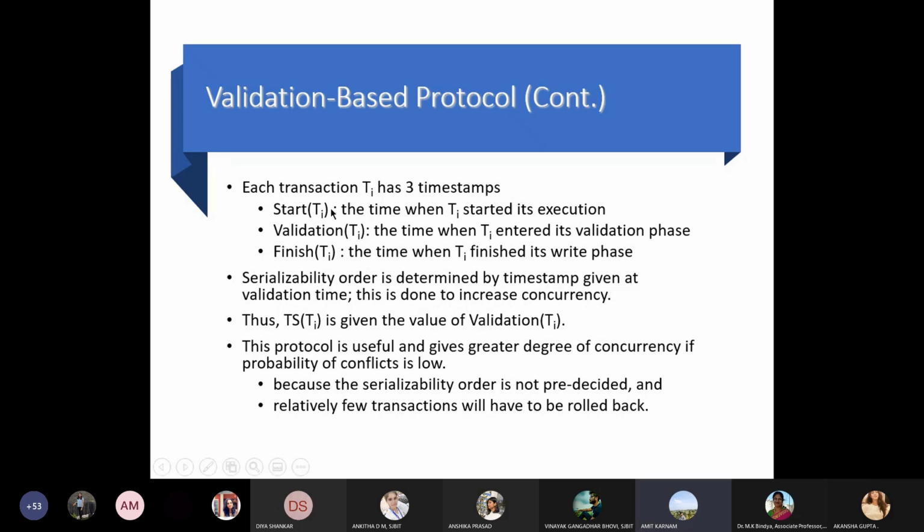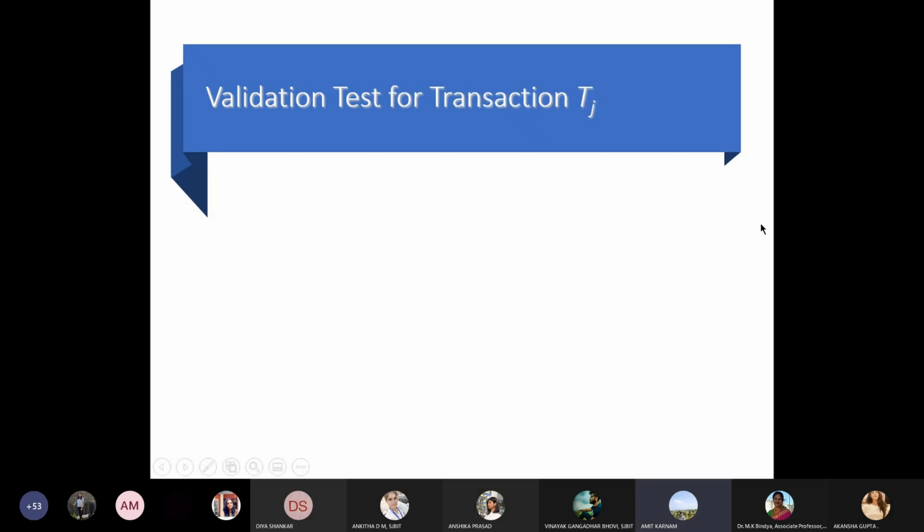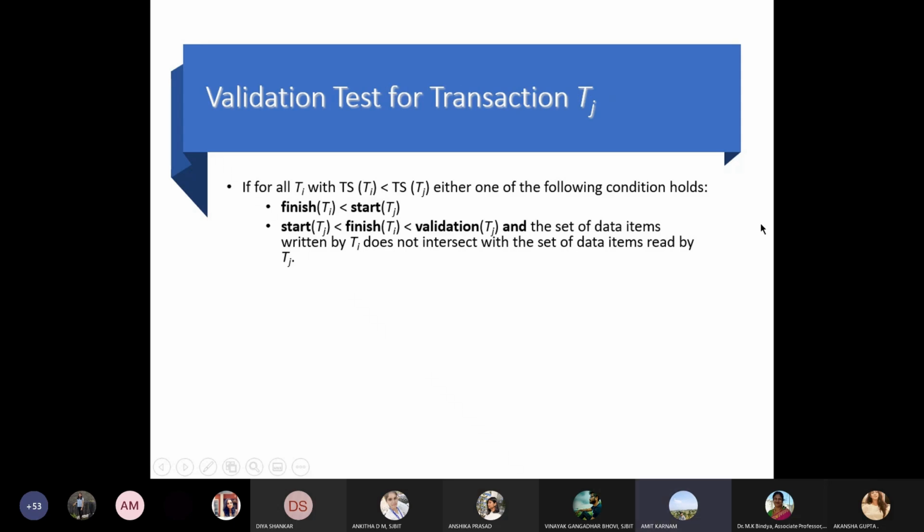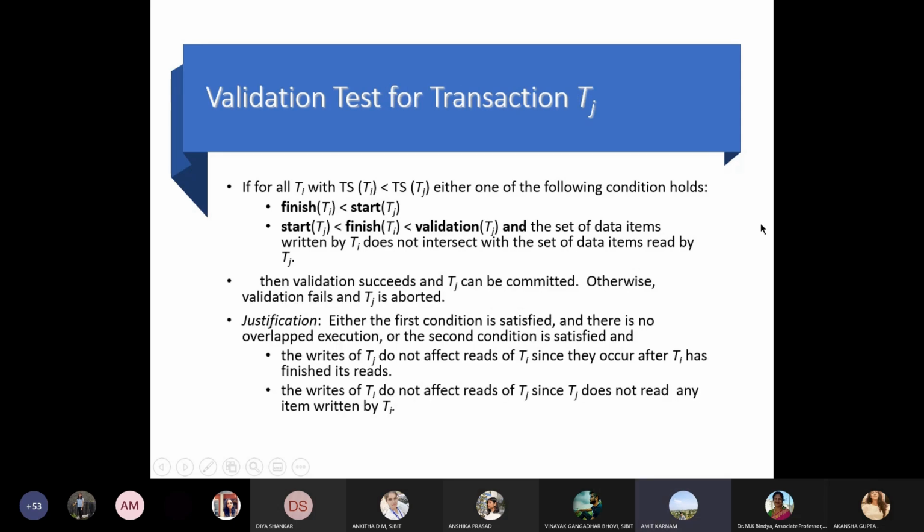So moving on, we take an example here. The validation test for transaction Tj. Let us consider two transactions, Ti and Tj. There are two cases here. If the timestamp of transaction Tj is greater than the timestamp of transaction Ti, it means two things. Either the transaction Tj starts after the finishing of transaction Ti, or the transaction